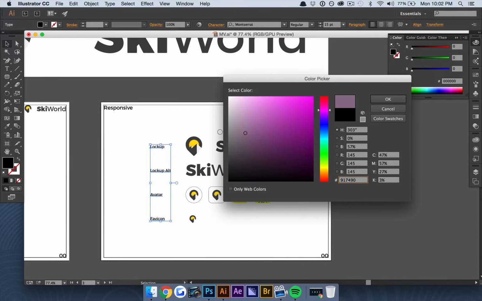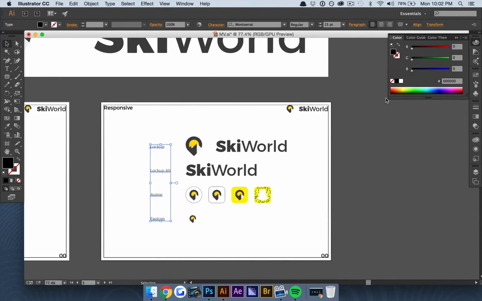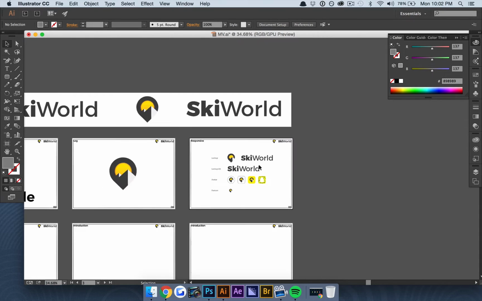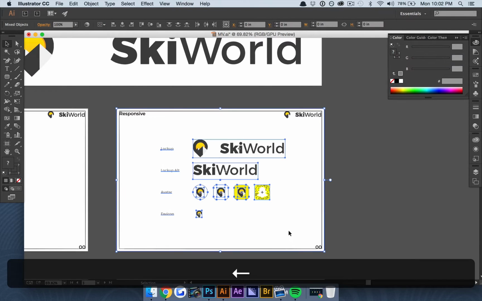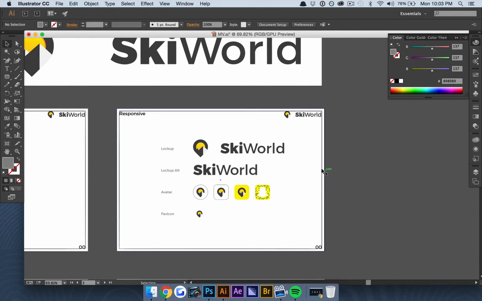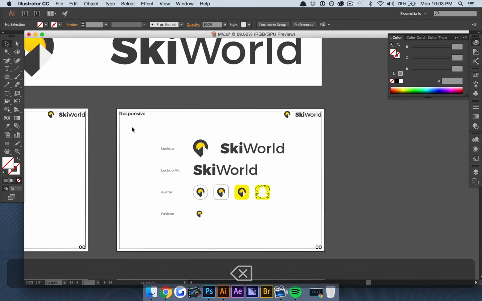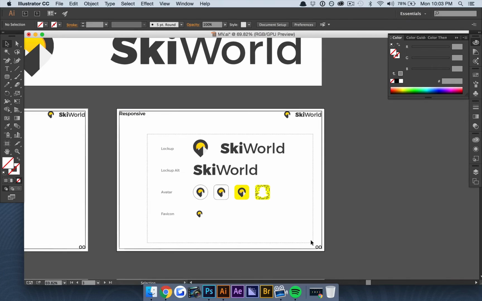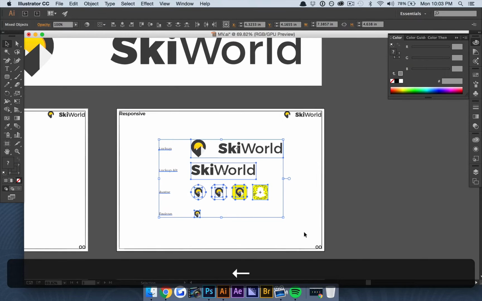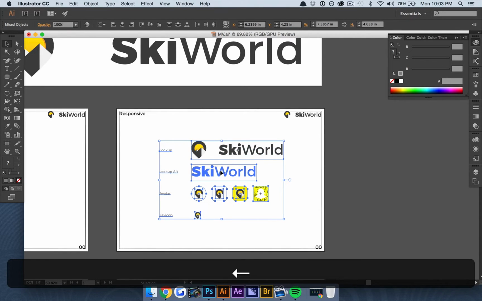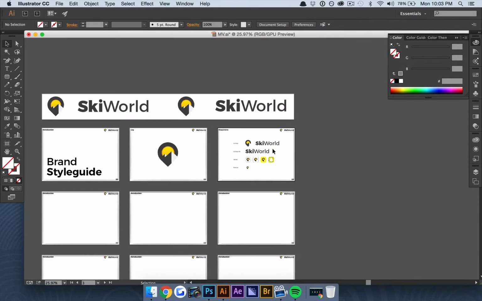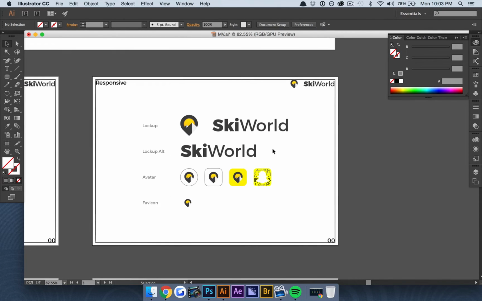We're going to put this onto 50% gray as well, just because it doesn't need that much dominance. And the rest works. I'm going to make sure that it's not on white. And we're just going to drag it to the center. Perfecto. So here, we're actually again defining the responsiveness, the alternative versions, how it's going to look on avatars, even